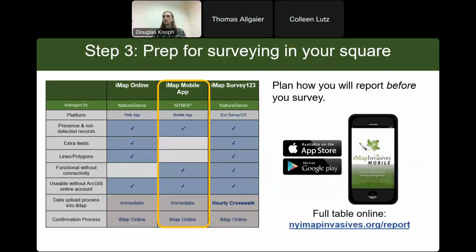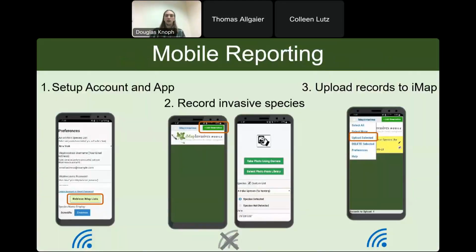And the easiest method, we recommend, is the iMapInvasives mobile app. This is designed to be the most beginner-friendly and user-friendly of our data collection tools. Very similar to the database and Grid Square map. All you have to do is sign into your existing iMapInvasives account using your username and password, and then hit Retrieve iMap List, and that will log you into your account.